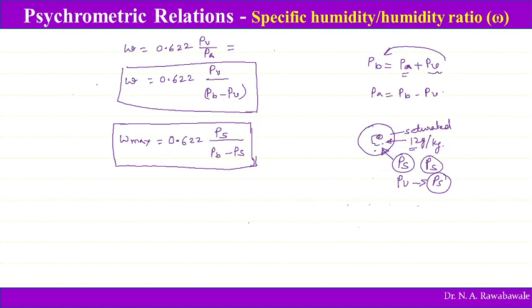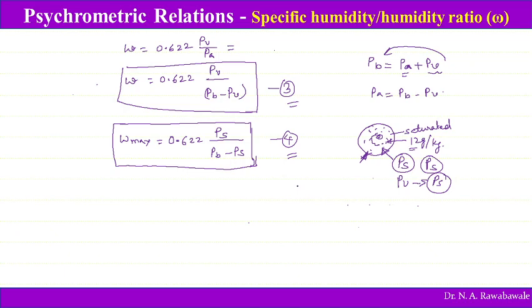So when air is saturated with a sufficient quantity of water vapor in it, and it cannot hold any more water vapor, then we call that air saturated air. So we call this equation number 3, say, and this equation number 4. Equation number 3 is a general equation where the air is not completely saturated, and equation number 4 gives us the humidity ratio or specific humidity when air is perfectly saturated. Now coming to this PS, what is this PS? PS is the partial pressure of air corresponding to the saturation temperature or dry bulb temperature.